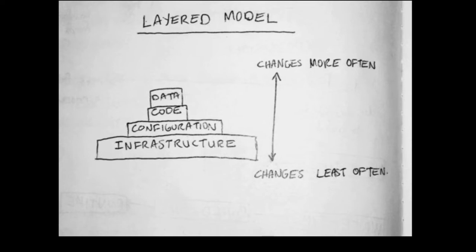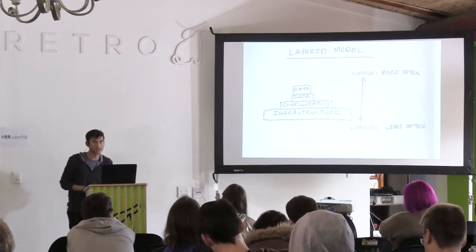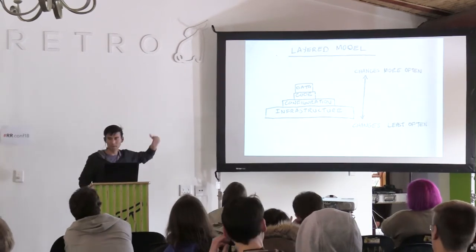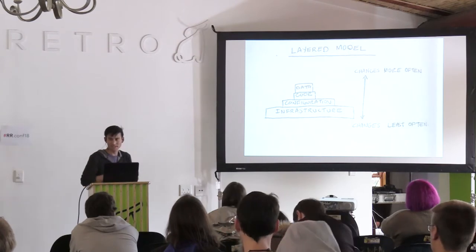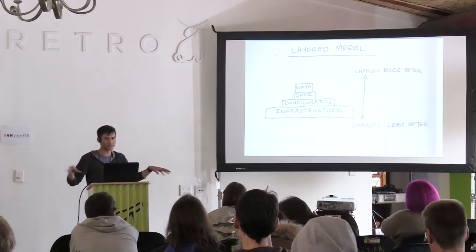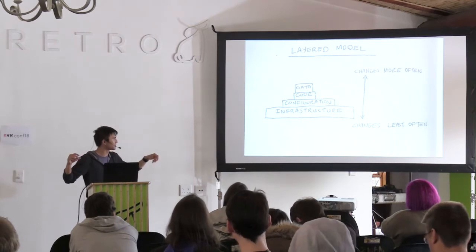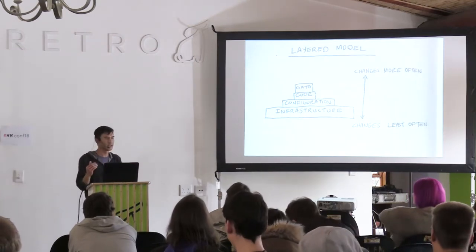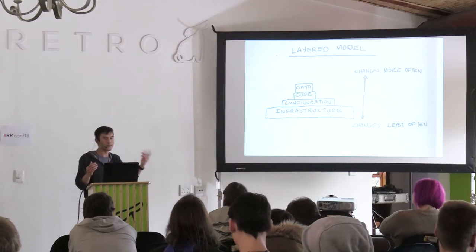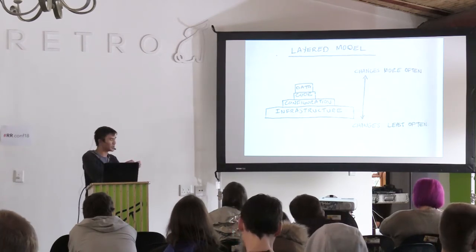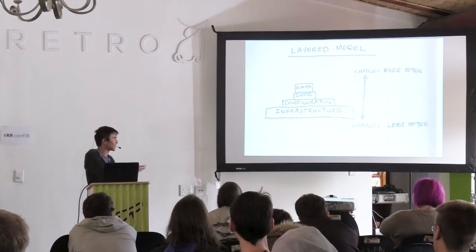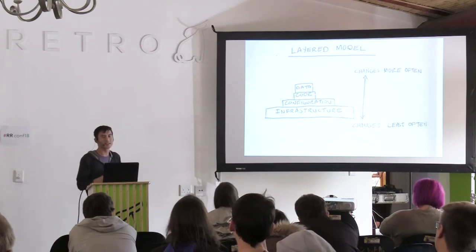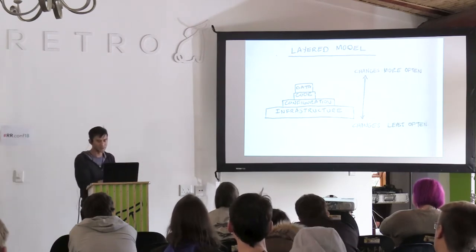I think this is pretty self-explanatory, but the idea is that we think about things in layers. All of this probably happens in runtime from the previous model, but now we're looking at infrastructure. If we take the example of Twitter, your data at the top will be your tweets. Your infrastructure is the actual data center and the equipment that Twitter runs on. Configuration is your IP addresses, your credentials, the way your databases are connected or replicate. And your code is the thing that you actually deploy and change and evolve.